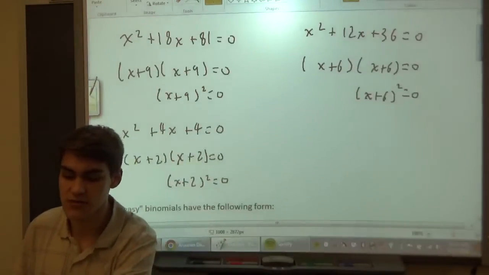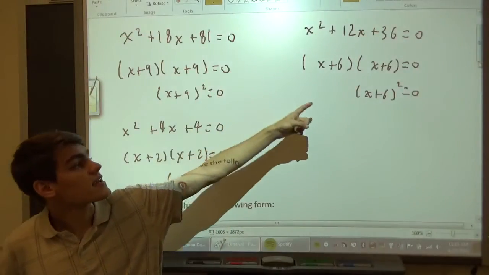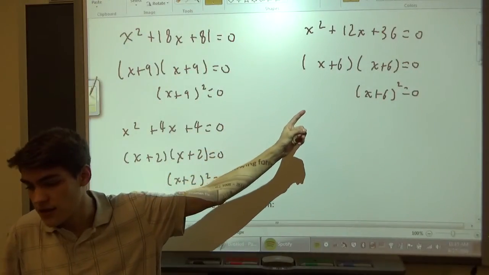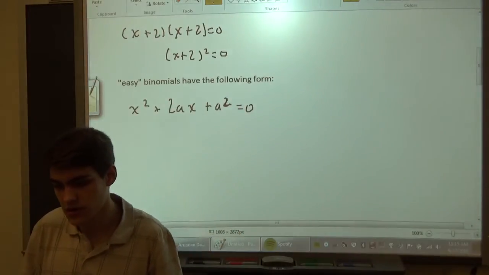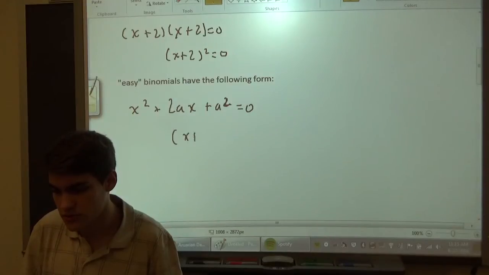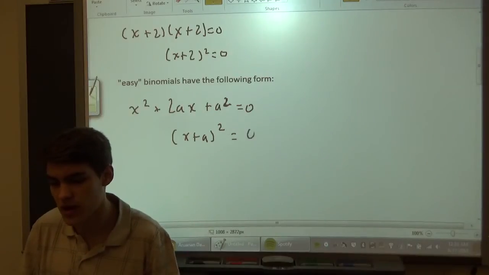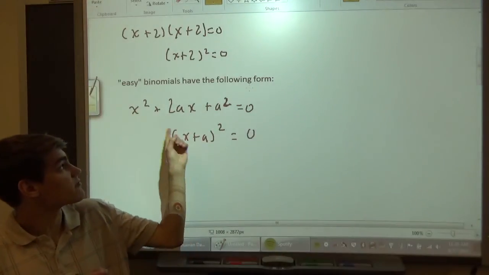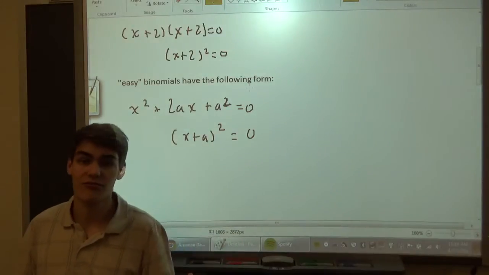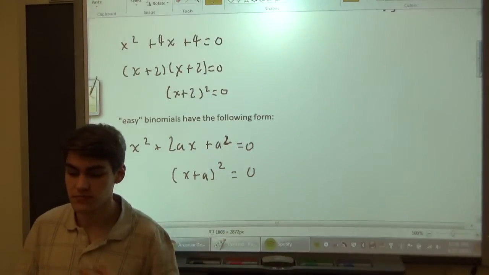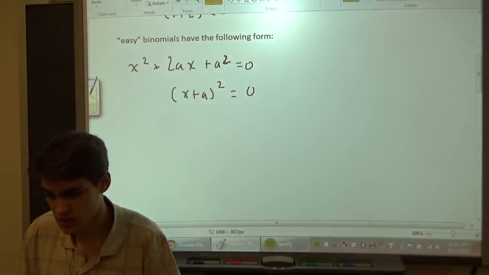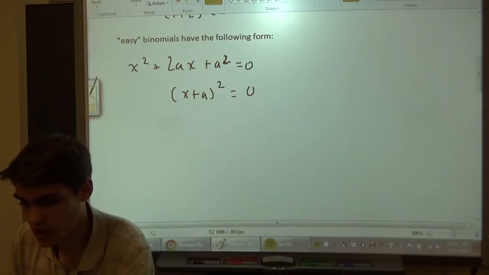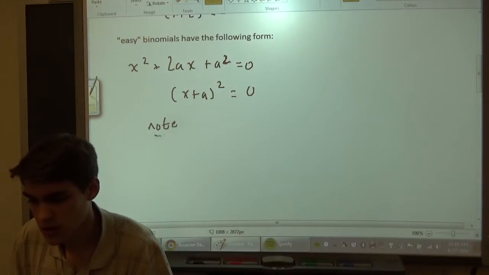So in this case, a was equal to 9. And in this case, a was equal to 6. And in this case, a was equal to 2. And you can see if you took the following quantity, (x plus a) squared, and you factored that out, you would find that this is true. This is the general form of an easy to solve binomial. And that's important, right? Because it's interesting, but then also I want you to note that